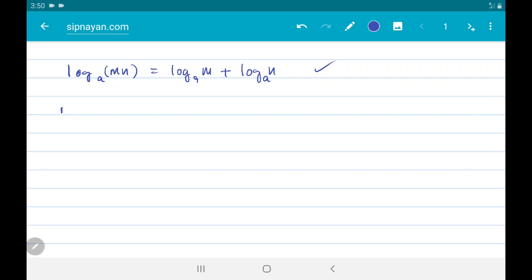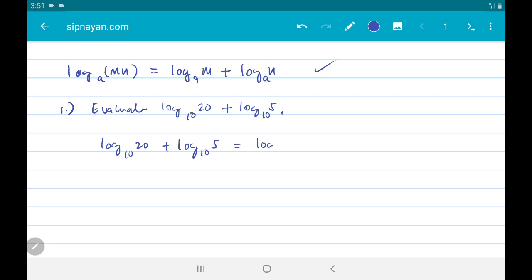So number 1, exercise 1 is evaluate logarithm of 20 to the base 10 plus logarithm of 5 to the base 10. Okay, so pag sum sila, ibig sabihin pwede mo silang gawing product, pag same base. So, lagi natin tatandaan yan, dapat same base sila. So, meaning, yung logarithm of 20 to the base 10 plus logarithm of 5 to the base 10 can be written as logarithm of